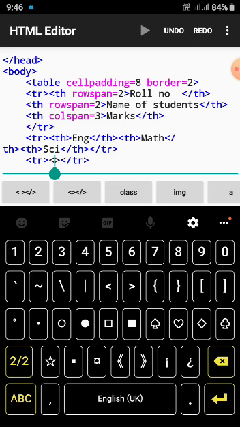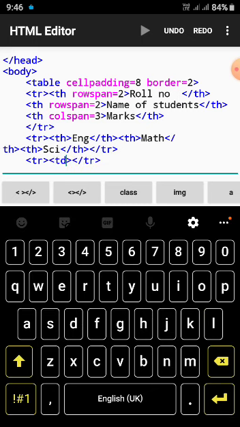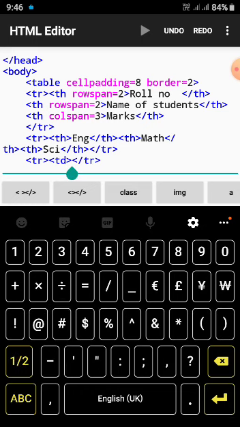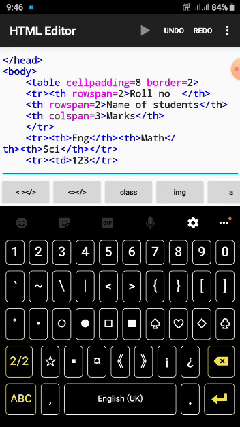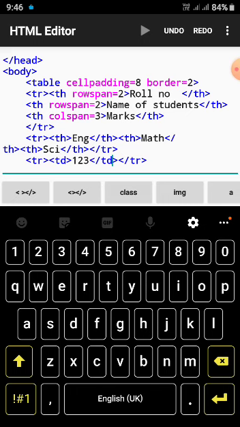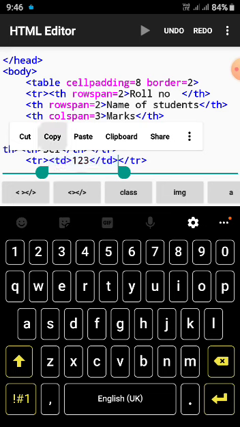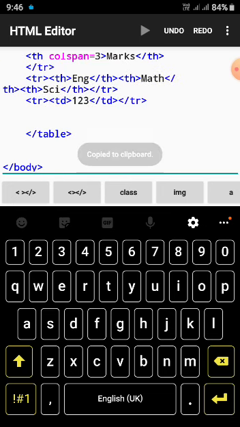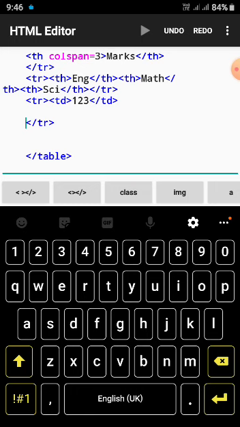That is TD. Okay, so right here TD. So what is the first data? Roll number. So what do I have to write for roll number? Suppose I wrote 1, 2, 3. Fine. Then inside you have to give a slash and write TD. Fine. Then just copy this, not the entire thing, sorry, only this much you need to copy. Okay, copy and paste here. Press enter and paste here.